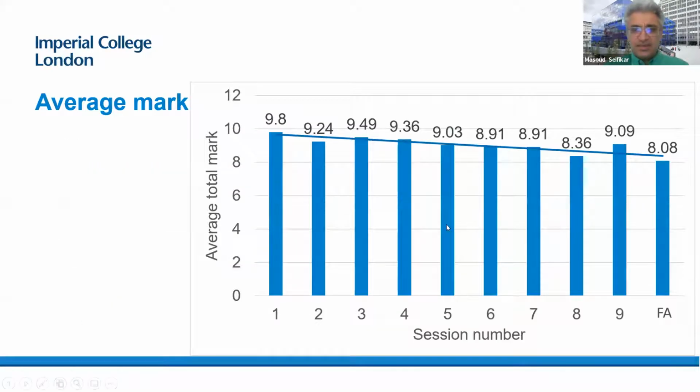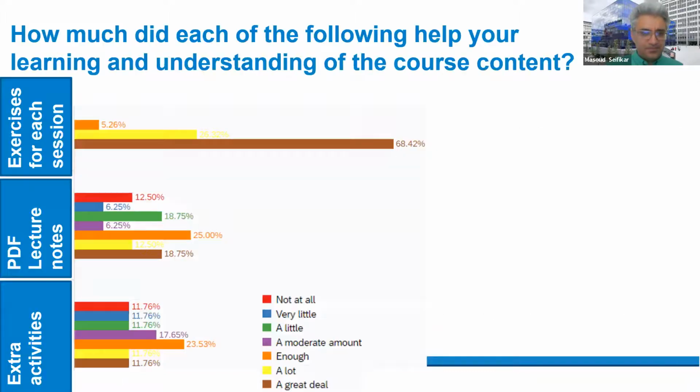So that's the average marks for each session. You see that I deliberately increased the difficulty of the questions in the following sessions. It started from 9.8 out of 10, went to 9, and for the final assessment it was around 8. Next, a student survey: I asked students how much each of the following helped their learning and understanding of